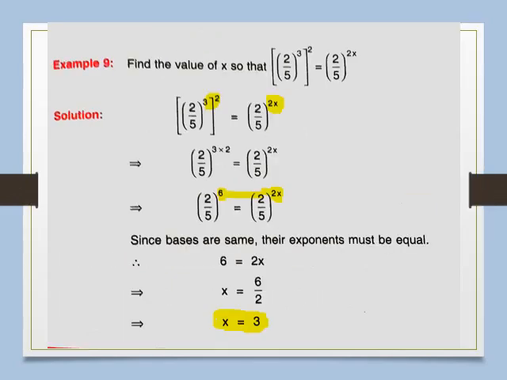So here again, based on the fourth law, here is a small calculation. On both sides the bases are equal, that is 2 by 5 and 2 by 5. So what we have to do is find the value of x. Now bases are equal means the powers are also equal. So we will equate 6 with 2x, and when we equate 6 with 2x, we will get the value of x as 3. So in this way we can calculate the value of x by using the laws.